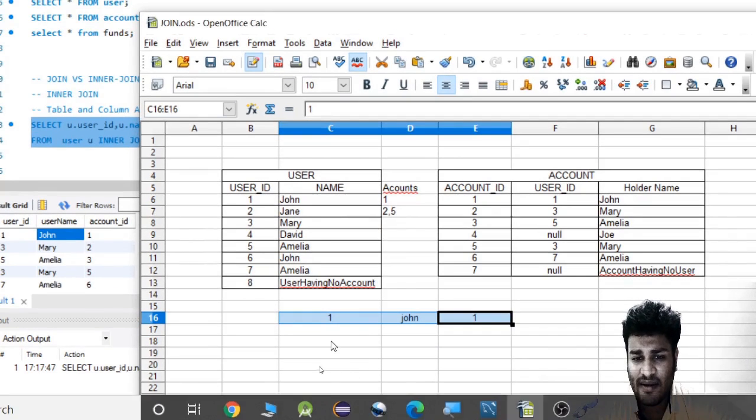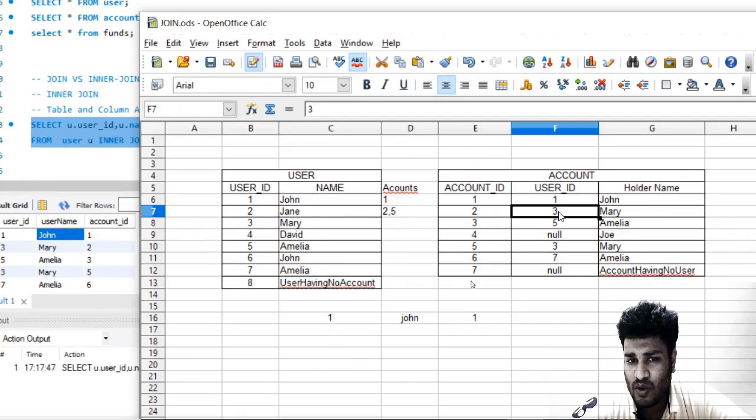So again, it will go to the next row. It will find that user ID is not okay. It does not match with this user ID. So first row of user is still matching with accounts. Then it will go to the third row of account. Match with the first row of user? No, does not match. Fifth row, sixth row, seventh row, again all the rows will be matched to the first row of user.